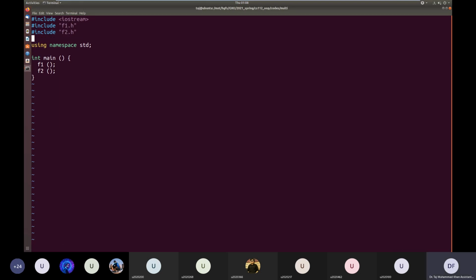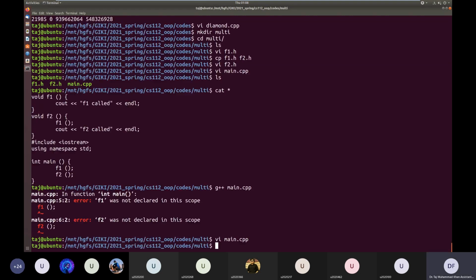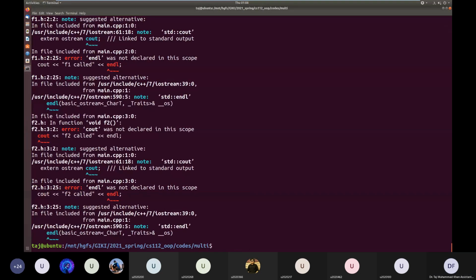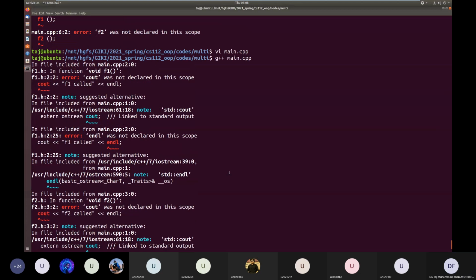Now let us compile this again. Okay, problems. cout was not declared in this scope. Basically in f1.h we are calling cout, and the iostream is not included in f1.h. So let's include that also.